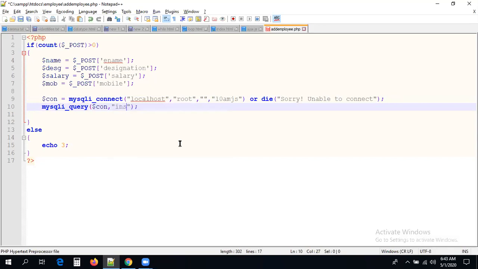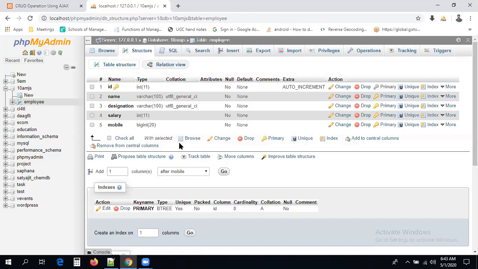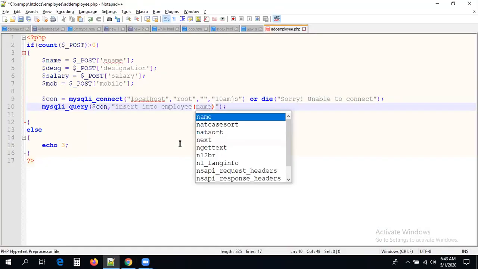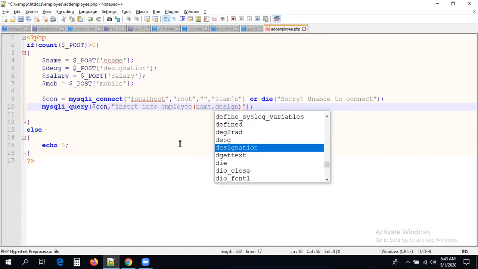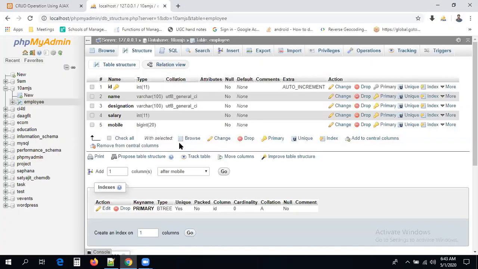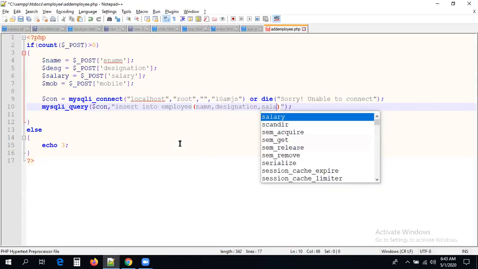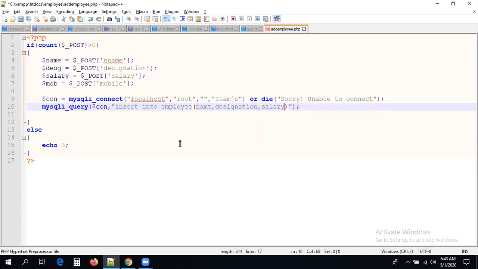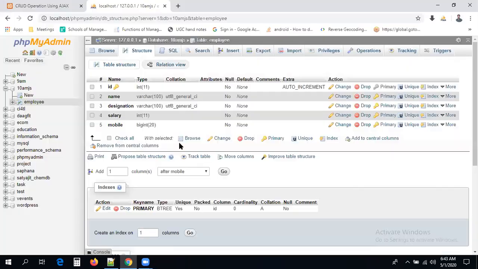Let me write insert into my table. What is the table you created? Employee. What are the columns we have there? Can you see the columns? Name, designation, salary, mobile. I'm taking the same order as I have there. You can take a different order also, but we have to map the values; that's important.